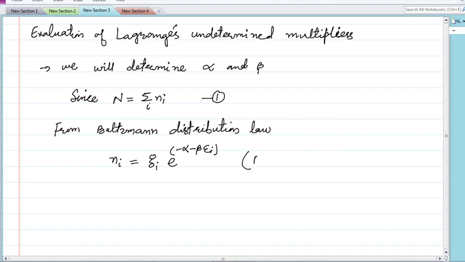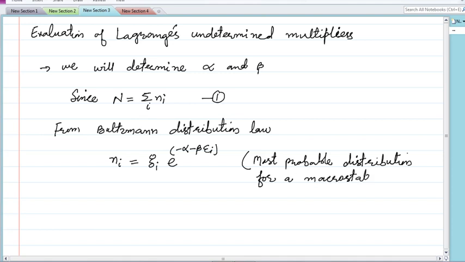So this basically gives the most probable distribution for a macro state. So suppose this is now equation number 2. Now what we will do, we will take the value of ni from equation number 2 and put it as the value in the first. So it will imply